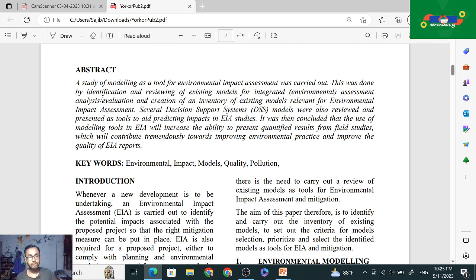Several decision support systems (DSS) models were also reviewed and presented as tools to aid the prediction of impact in EIA studies. It was then concluded that the use of the modeling tool in EIA will increase the ability to present the quantified results from the field studies, which will contribute tremendously towards improving environmental practice and improve the quality of the EIA reports. দেন keywords এর মধ্যে যেটা আছে সেটা হচ্ছে কি এনভায়রনমেন্টাল ইম্প্যাক্ট মডেলস এন্ড কোয়ালিটি পলিউশনস এর